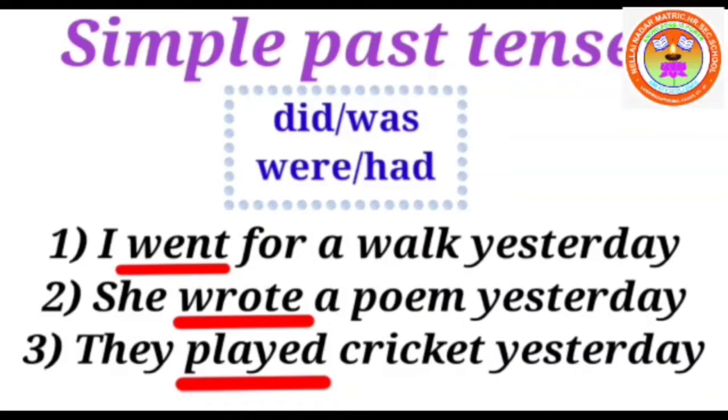She wrote a poem yesterday. The verb is wrote, the past tense verb. When we use only one action word, it is called a simple. So here we have simple past tense. They played cricket yesterday. Played, again past. Yesterday denotes the past action, an action already completed, so we'll get simple past tense. One more thing I want to make sure, that here we have used only one form of the verb, that's why it is called simple tenses.